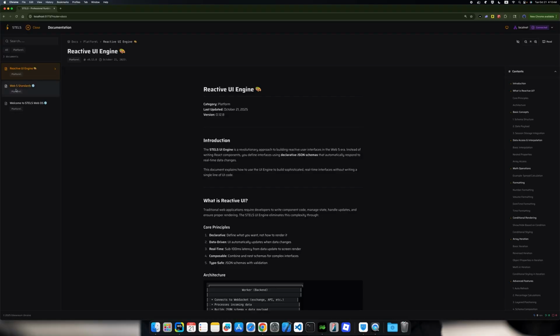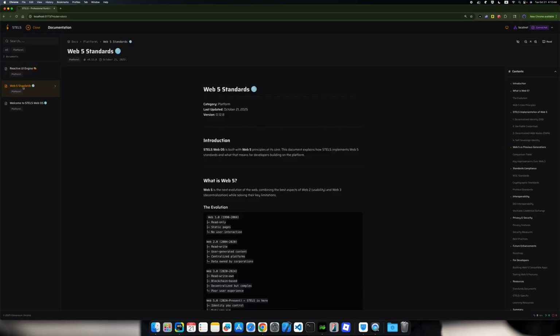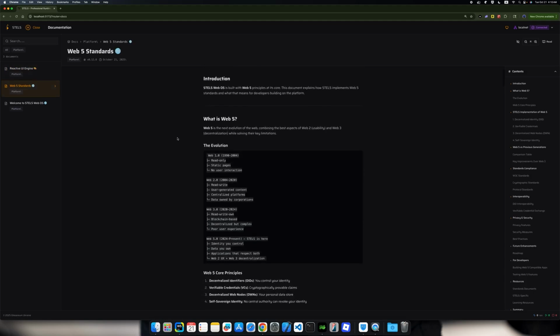Let's talk a bit about documentation. Here you can read all the materials. I won't go into too much detail right now, but you'll find a lot of useful information. What technologies we use, how the web was built, and why STELS exists in its current form. The key point is that we have identification and identity control. You own all your data. All applications in the system are decentralized, and we use the most advanced web technologies that can be accessed directly